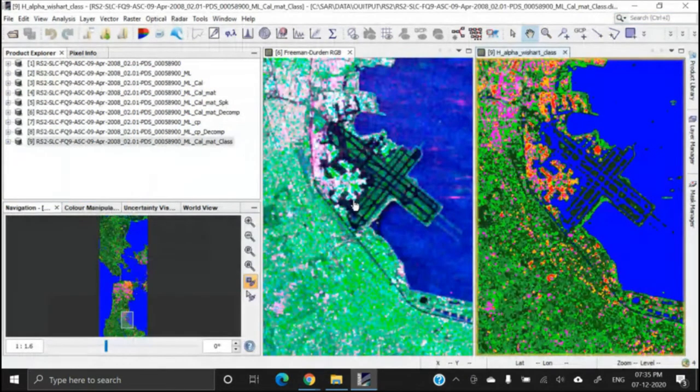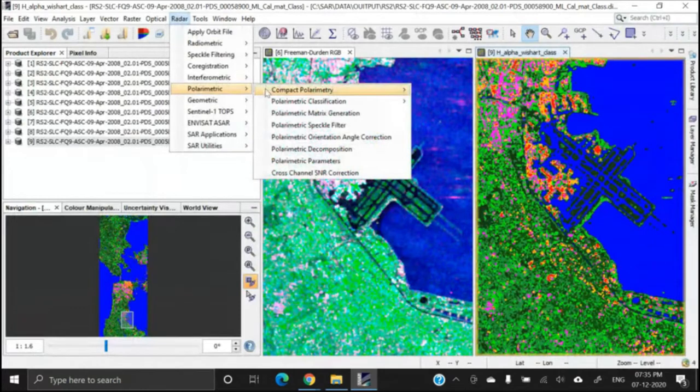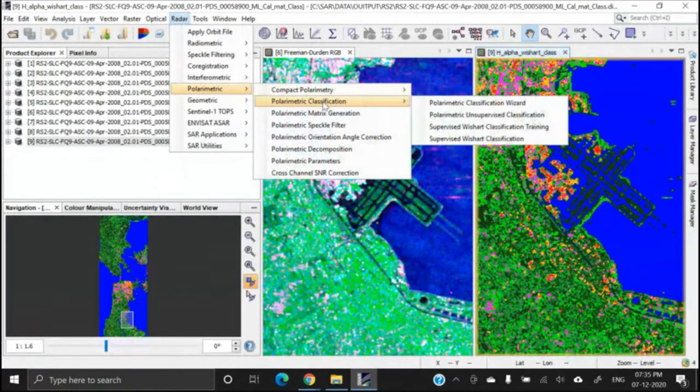Supervised classification on the polarimetric data can be performed from this menu: radar, polarimetric, polarimetric classification, and then we have supervised Wishart classification. But this particular version of this software is giving continuous error for this supervised classification.